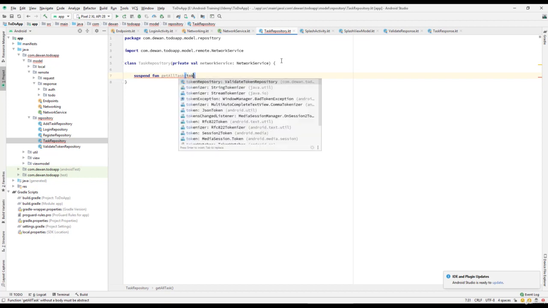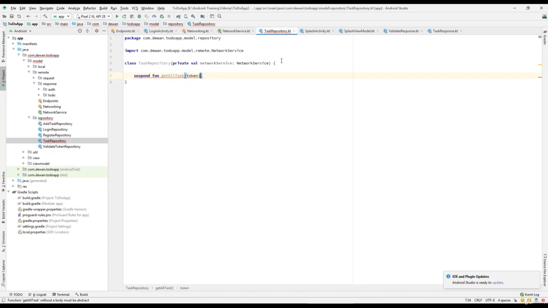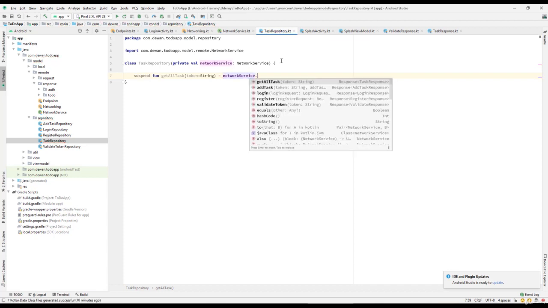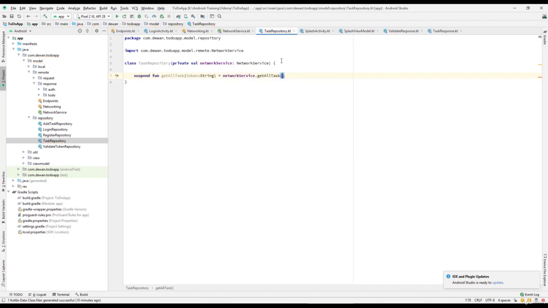So that should be a token of a string data type, and we should get a network service dot get all tasks, and we need to pass this token. So we have a token and we need to pass that token.